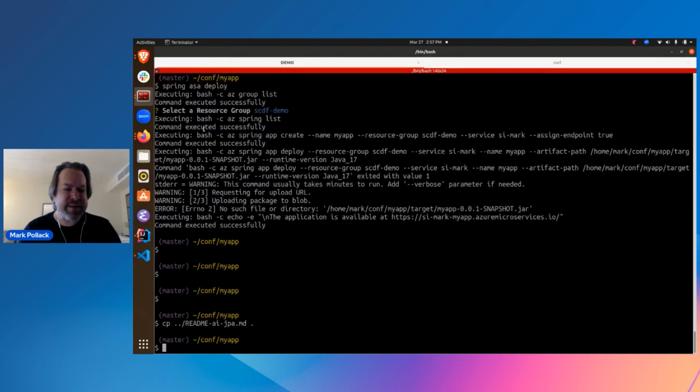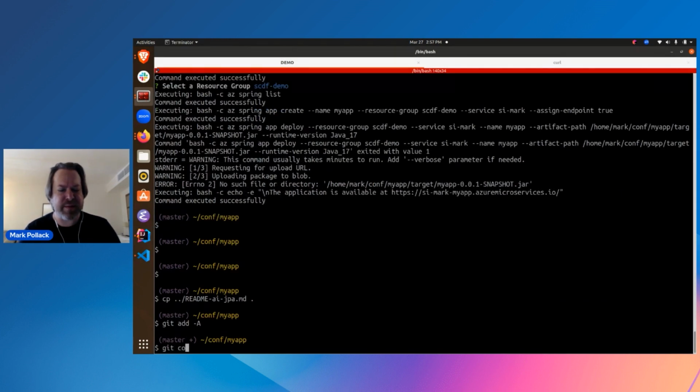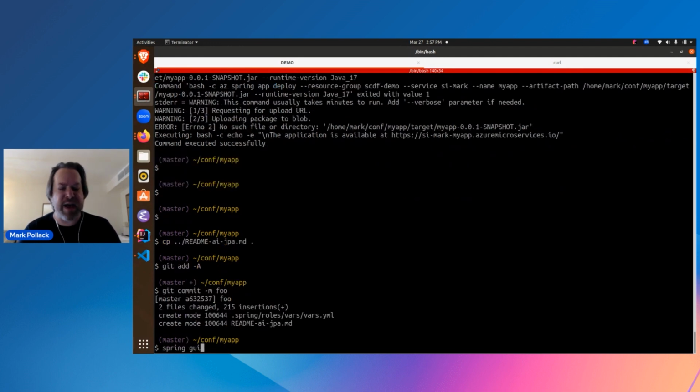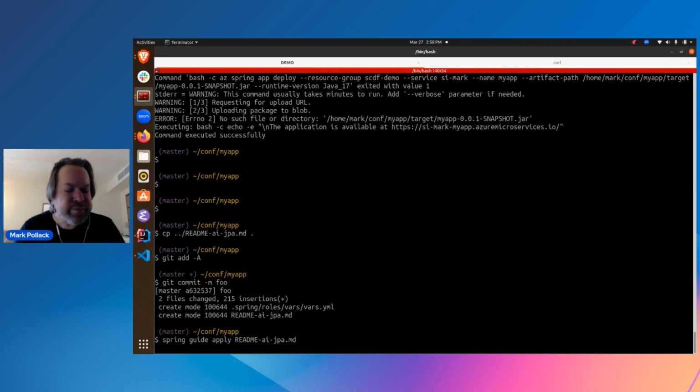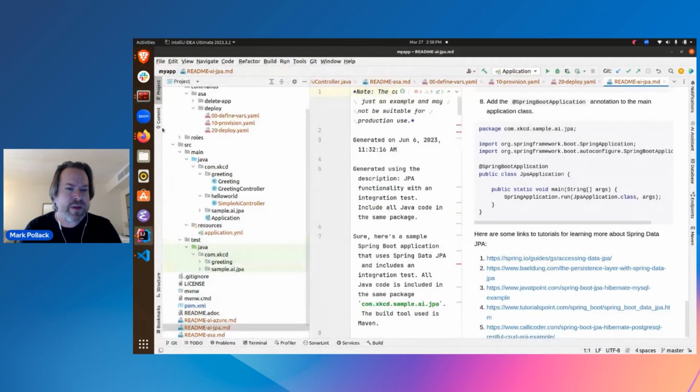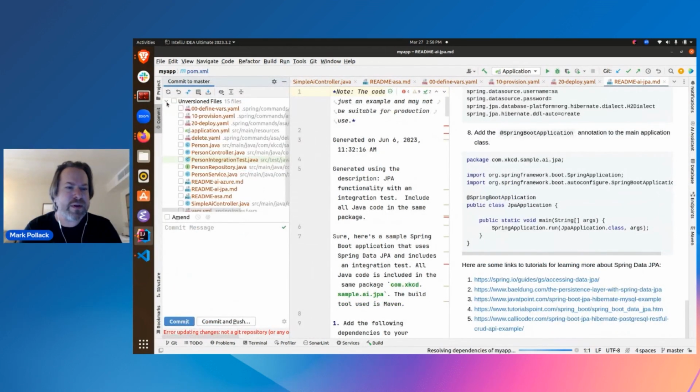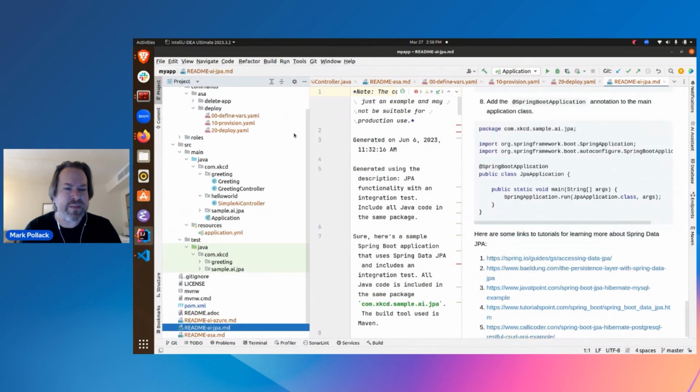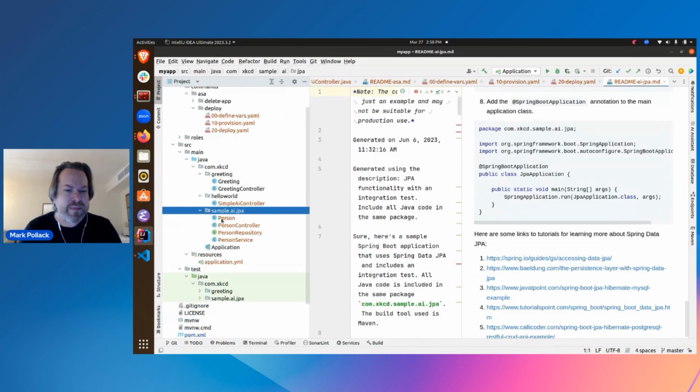So if I, it's already done. All right. So now I do Spring Guide, apply README AI JPA. This will now make changes to the code base in a minute. So you can see it's added. I don't know why this thing is all messed up. But here's what it's added, right? In the right packages,